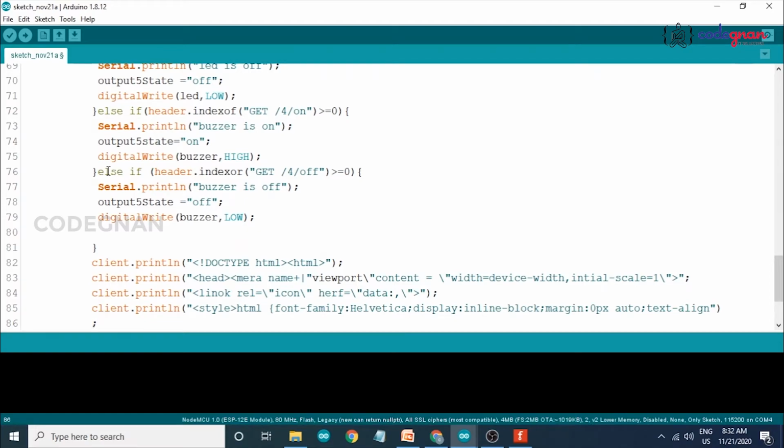And set the background color now. Client.println button background color, as we have to give color, I am giving blue, and border also, border none.